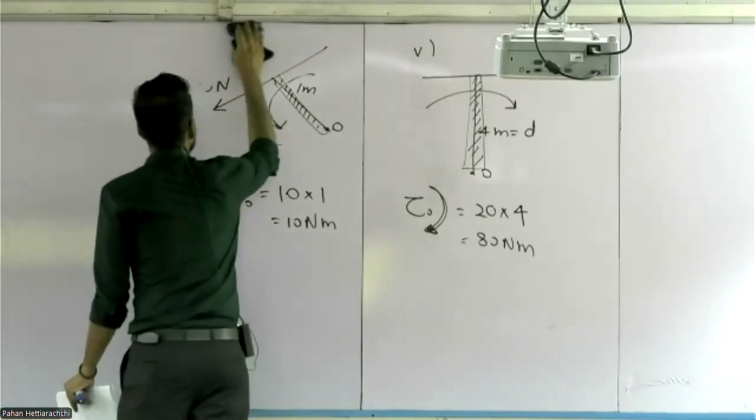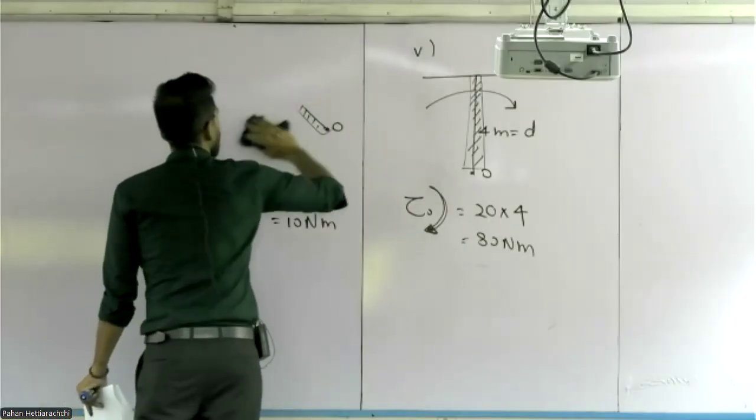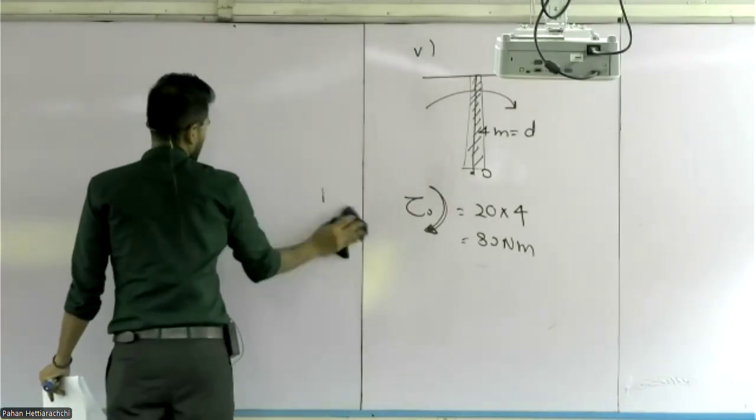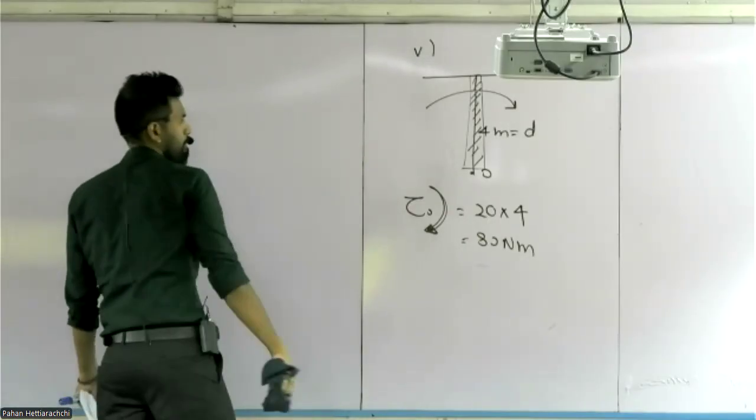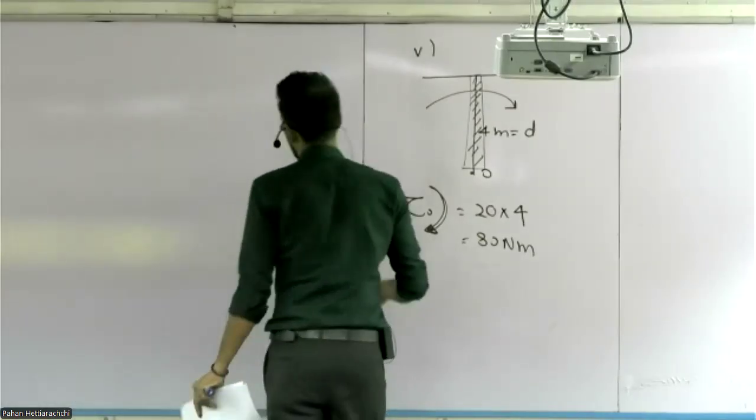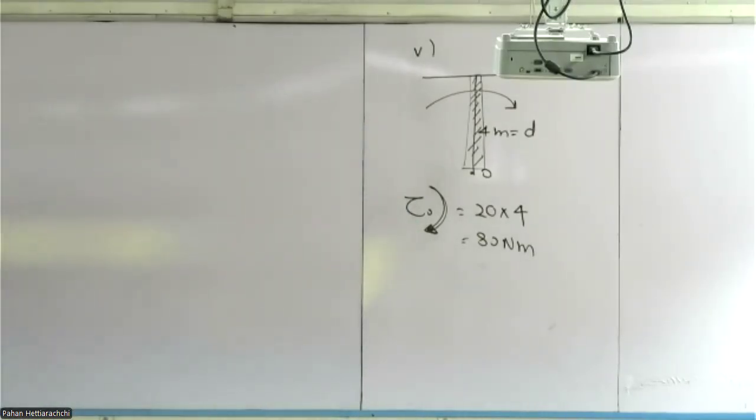2. Find whether the moment is clockwise or anti-clockwise. To find whether the moment is clockwise or anti-clockwise,